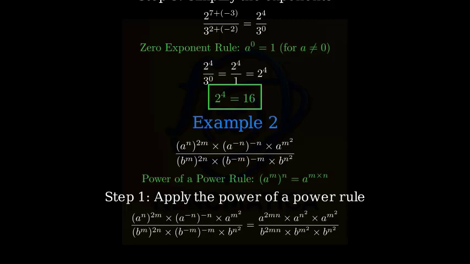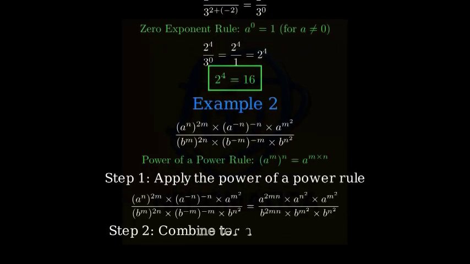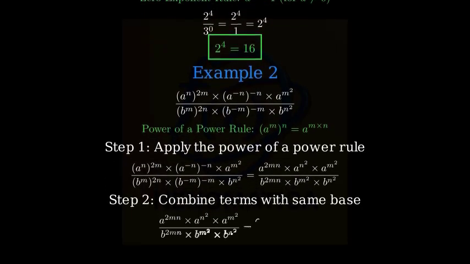For the numerator, a to the n raised to 2m becomes a to the 2m n. Similarly, a to the negative n raised to negative n becomes a to the n squared. The term a to the m squared remains unchanged. We apply the same transformations to the denominator with base b. Now we can apply the product rule again to combine the powers in both the numerator and denominator since they